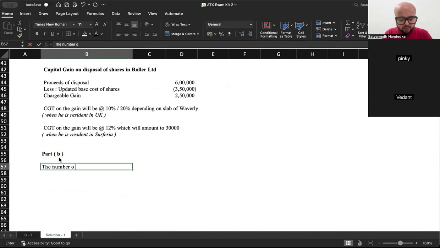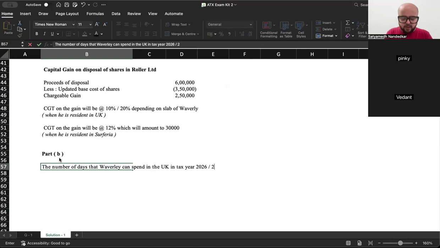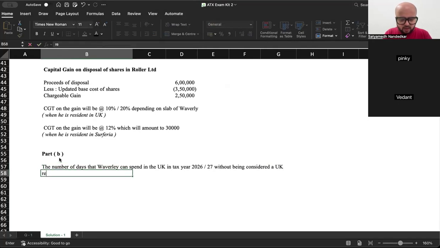The number of days that Waverley can spend in the UK in tax year 26-27 without being considered a UK resident will depend on the